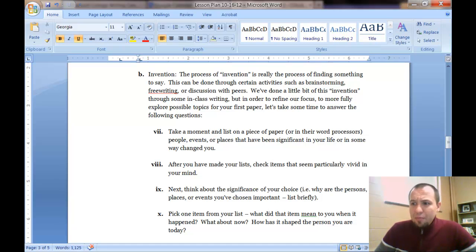Okay, and in terms of generating some ideas and figuring out what it is you want to say, there are certain activities that we do. It could be brainstorming, it could be free writing, it could be just discussing things with classmates, with peers, with whomever in your life. Okay, so we've done a little bit of this invention with one of the earlier writing exercises, which again was just trying to get you to think about some things and using writing as an avenue towards thinking. But we really want to refine our focus here